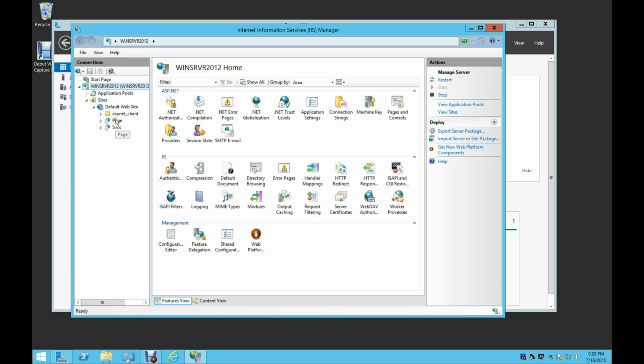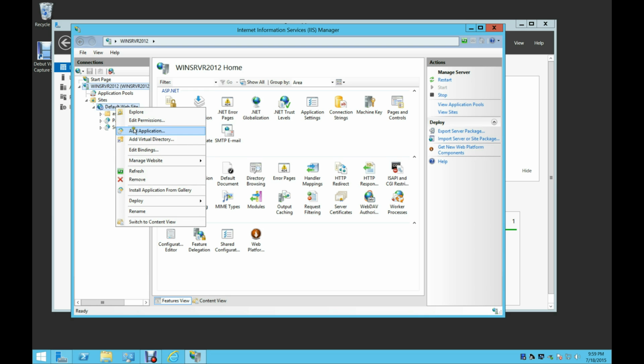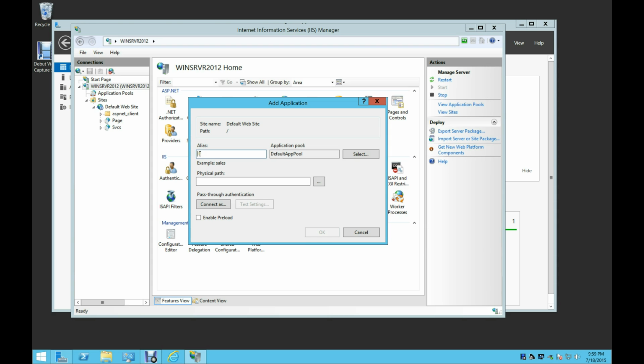These are folders actually. Originally they're folders. When you first make them, they're folders, and then you say convert to application. So I'll do that. Run through that. So if you make a service, you right-click on default web page, and you add application, and then you type in the name, you add it to the default application pool, and then you define the physical path,